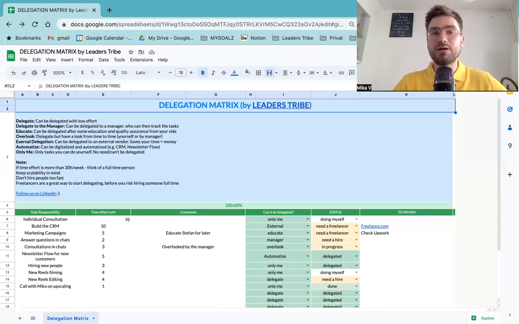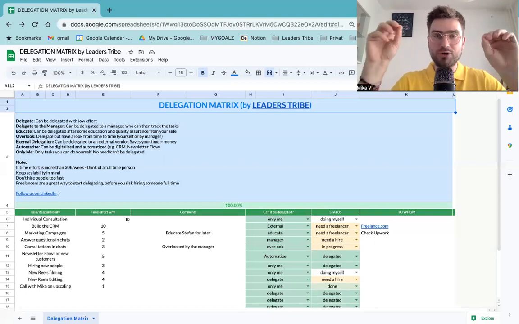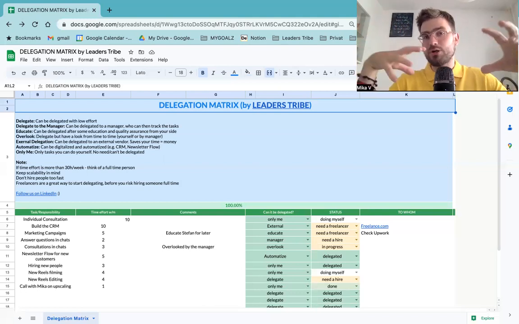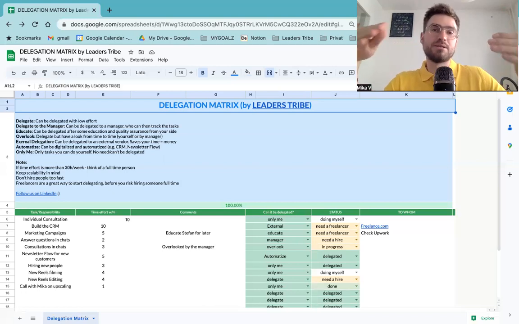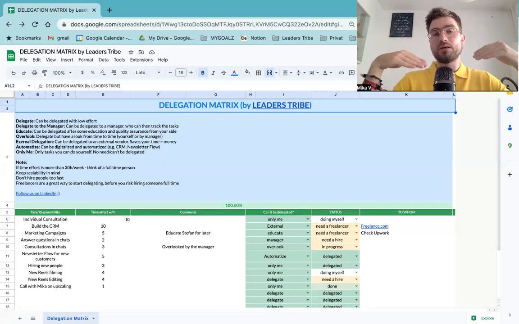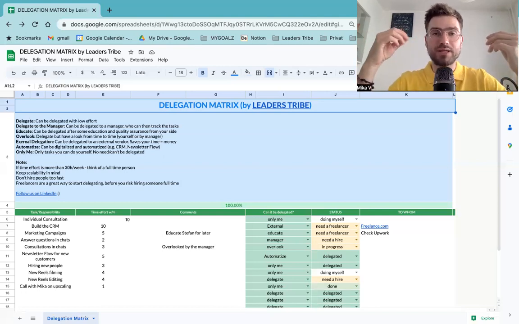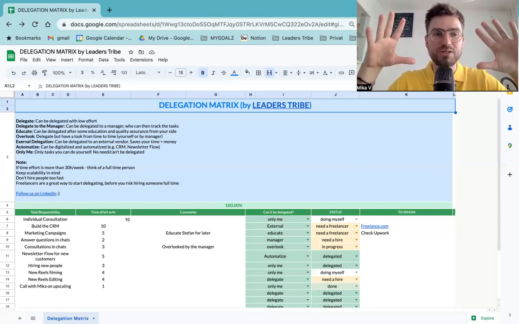And you, as the highest qualified person in your business, will be able to focus on things that only you can do. So customer acquisition and so on and so on. So you will be bringing more money in and you will be doing partially the fulfillment, things that the person you've hired cannot do, like the fine tuning and so on. And that's the way to scale, right? At one point, you need to hire people, you need to delegate tasks so that you have more time to do things only you can do. So I hope this one is clear.